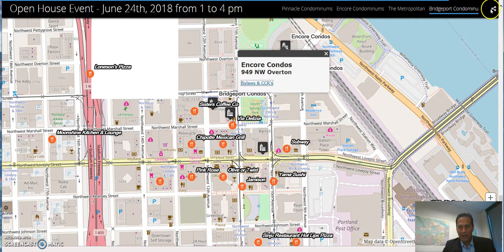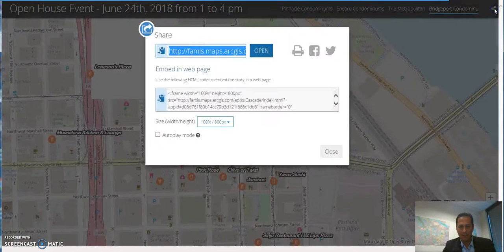And right here in the upper corner, you have this little share button. Click on that. Here is a shortened URL you can use in your marketing. This is what you could copy and paste right into Facebook. You can go to post what's on your mind, copy paste this link. A couple clicks below, you would go ahead and write a paragraph about your unit, about your open house to